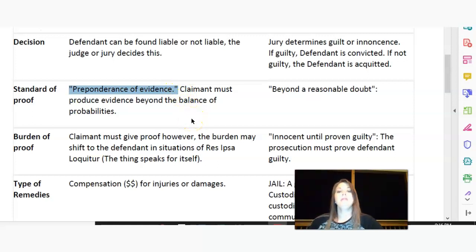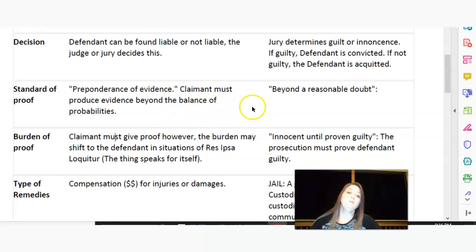That means that the plaintiff, which is the claimant here, must produce evidence beyond the balance of probabilities. So if you looked at all probabilities given for a certain instance or situation, that the defendant is probably the one who's negligent, who's responsible for the issues that have been caused to result in the plaintiff bringing a case,